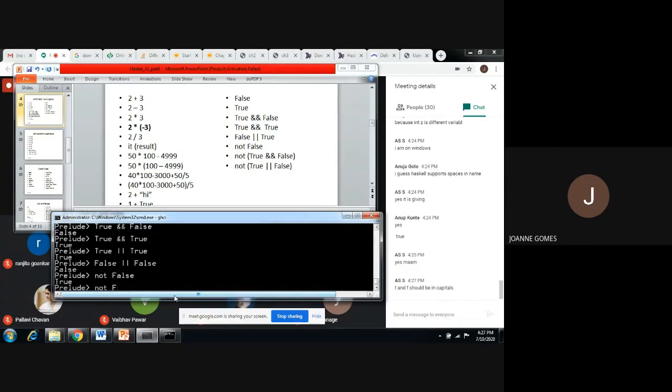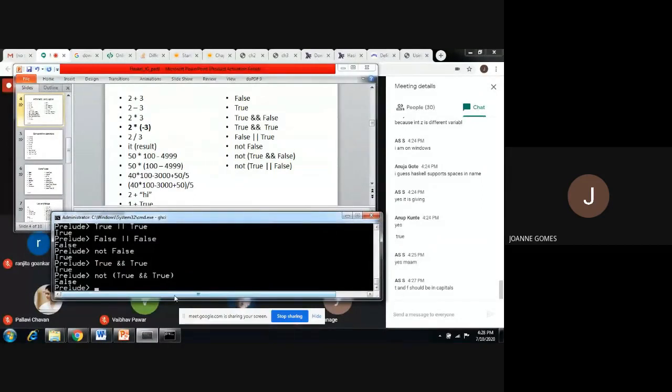If I want the NAND operation, I will go to the AND. For example, True and True had given me True, so I will put not before this to get the NAND operation. Similarly, I can do the others.